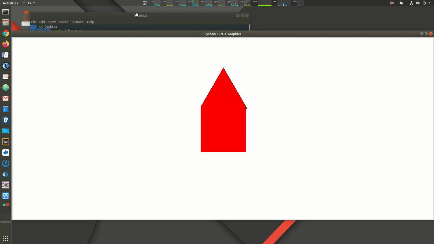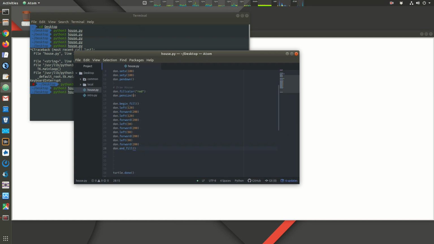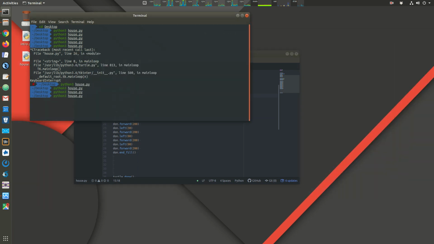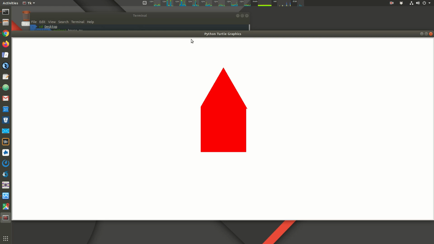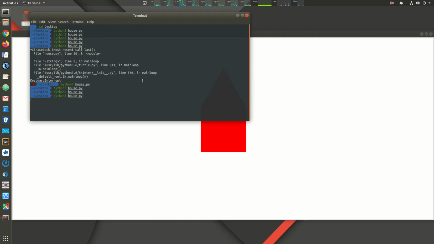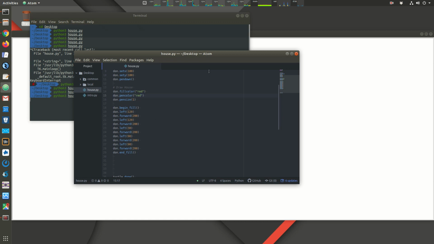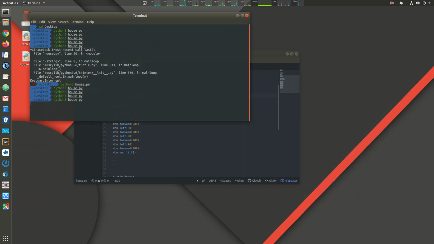Okay, so apparently it doesn't like pen size 0. So it's going to stay with 1. So that's fine. If we wanted to make it seem invisible, we could say Don.pen color red. Alright, so we'll do that. Alright, so let's just leave it black for now. So our house